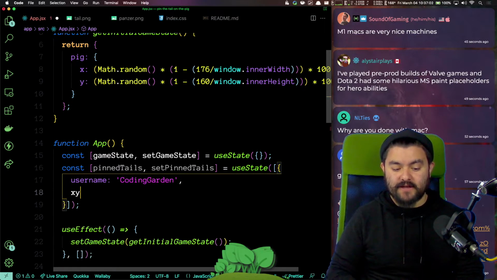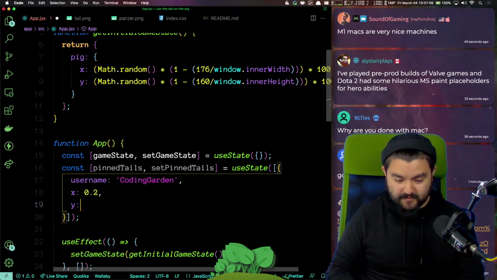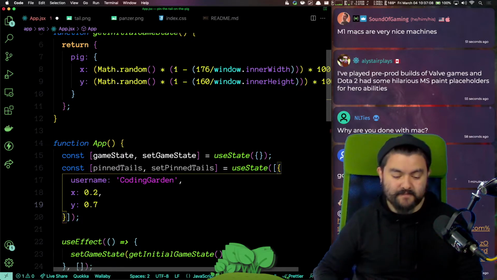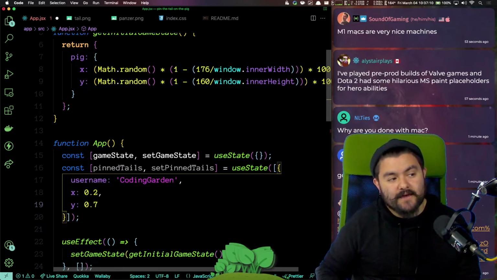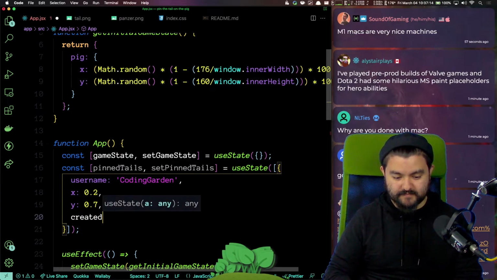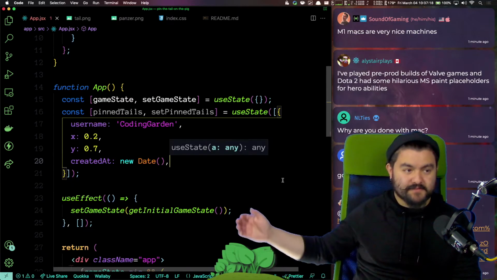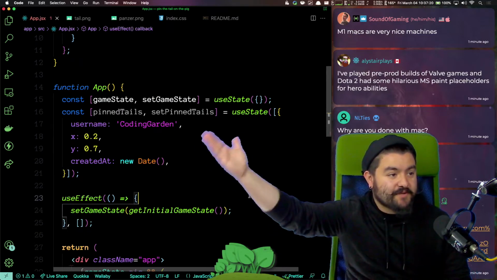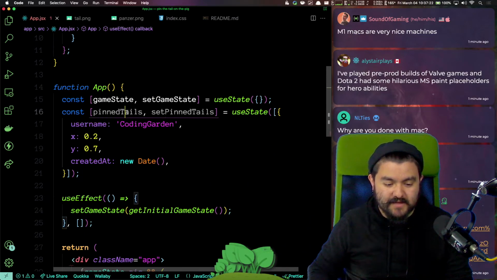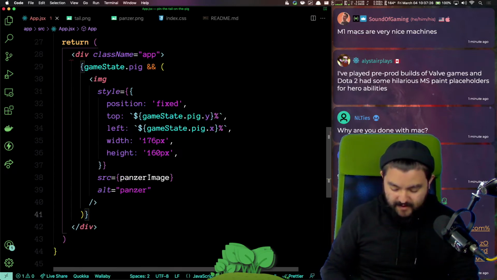And then it's going to have an x coordinate, like 0.2, and a y coordinate like 0.7. And then like a created at time. Great. So when someone sends a chat message, it's going to put something into the array that looks like this. And then in our UI, we can just iterate over them.